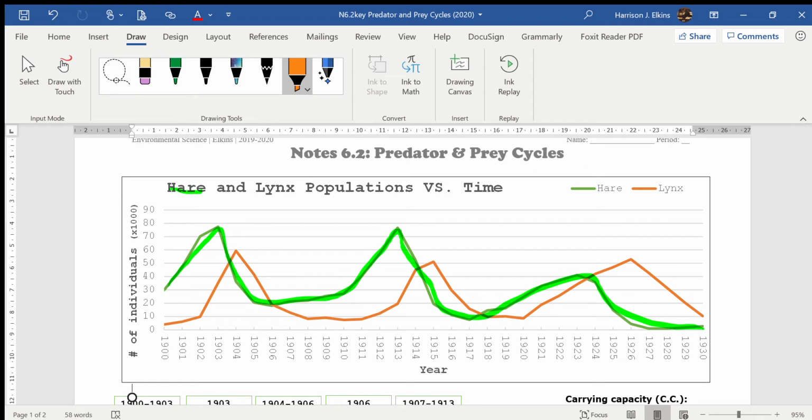Now, what's happening with the lynx population, you see that it's really low, and then it starts to rise, and it does the same exact thing, but it's after the hare population rises and falls. So the peaks here for the lynx always occur after the peaks for the hare. So that's a little weird. Why is that happening? Why do we see this kind of relationship here between these peaks, and what does it all mean? So we're going to explore these,